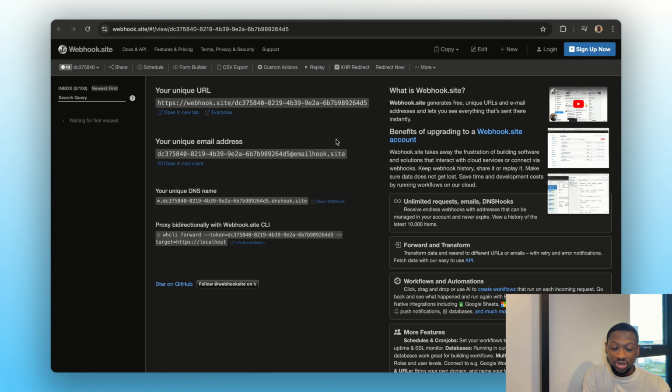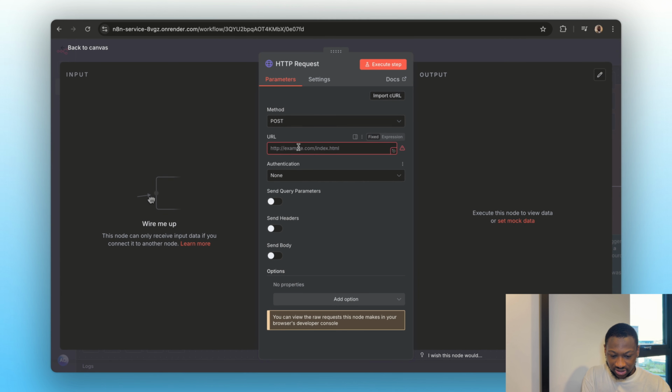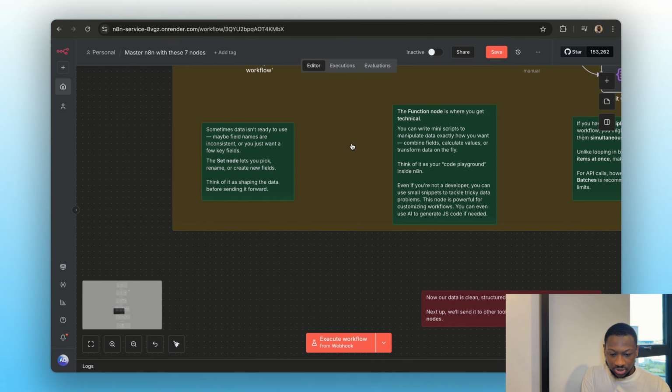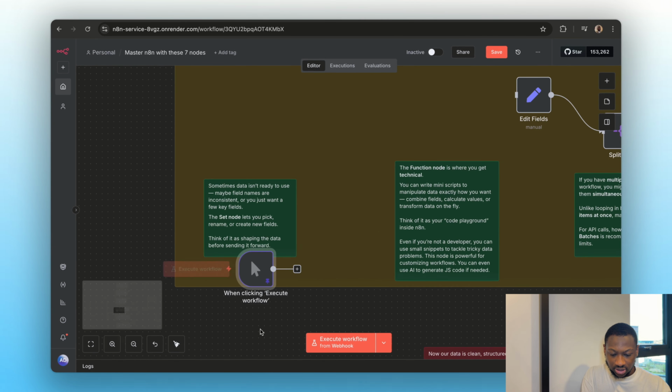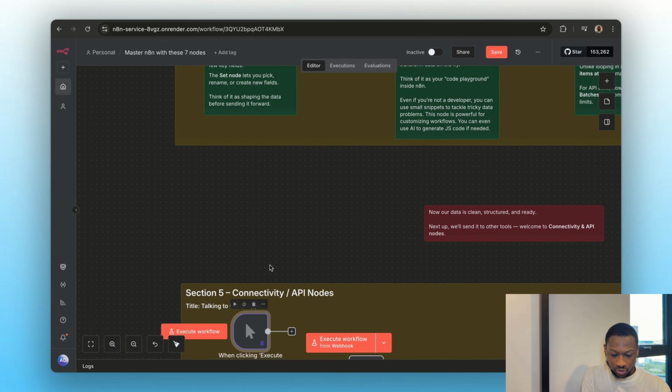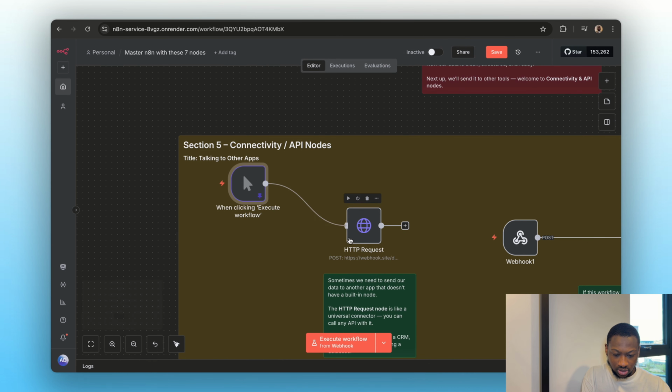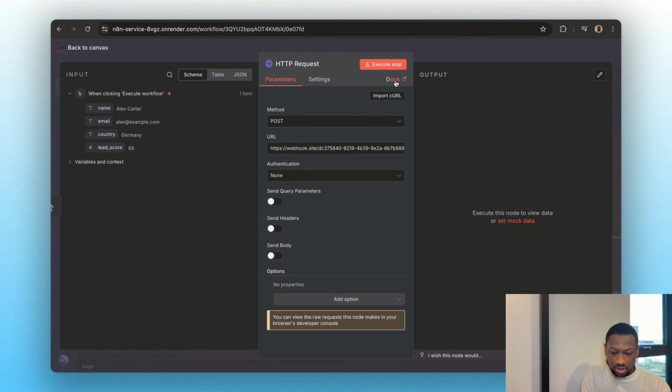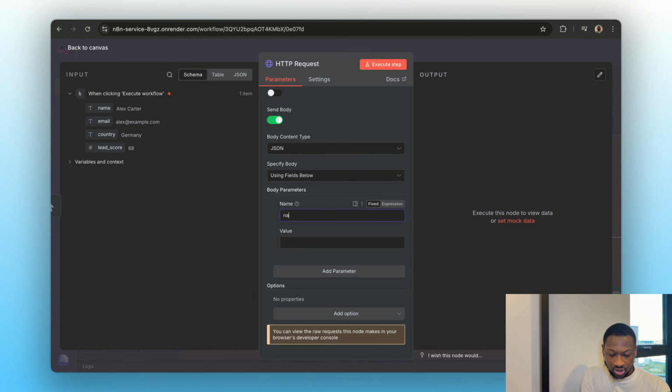But in this part, we're going to create a mock server and send a request to it. All we're going to send is this data here, connect it up with this, and we're going to send a JSON body with name,